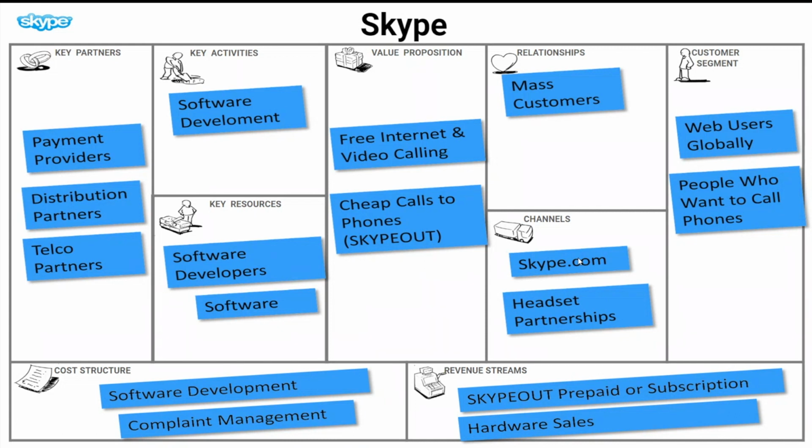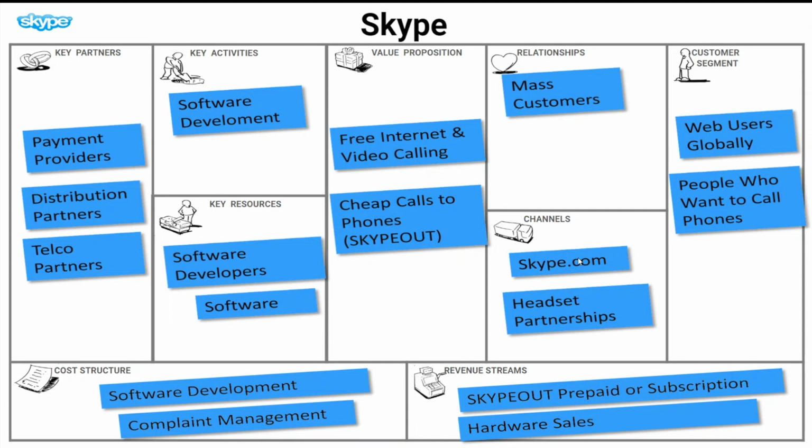Of course, there are underlying activities, a lot of activities that Skype does in reality, but let's take it simply. All they do is build software that people are going to use. Of course there is financial control, quality assurance, and other things, but we're here to discuss the high-level business model of that kind of business.